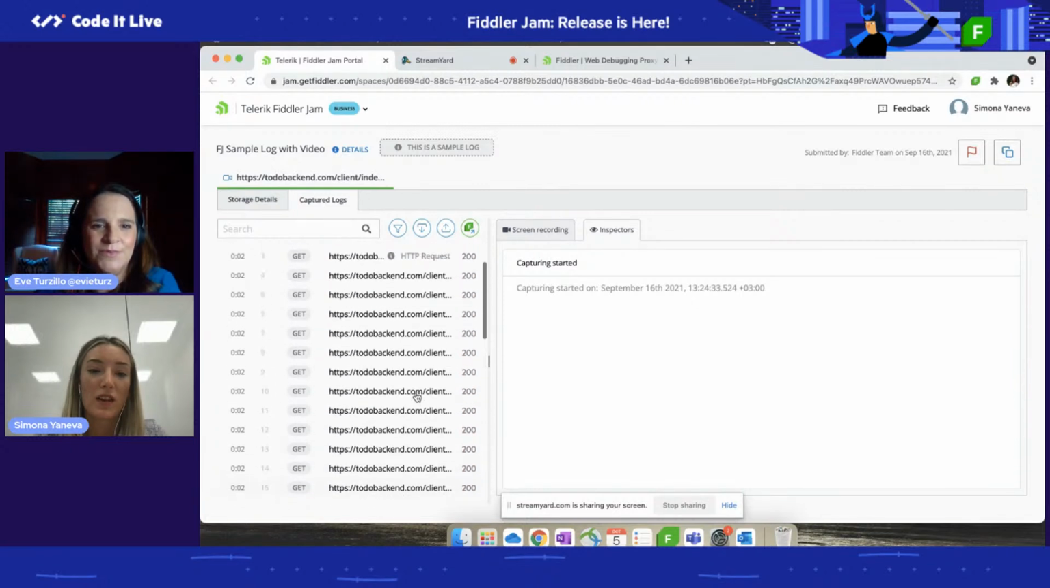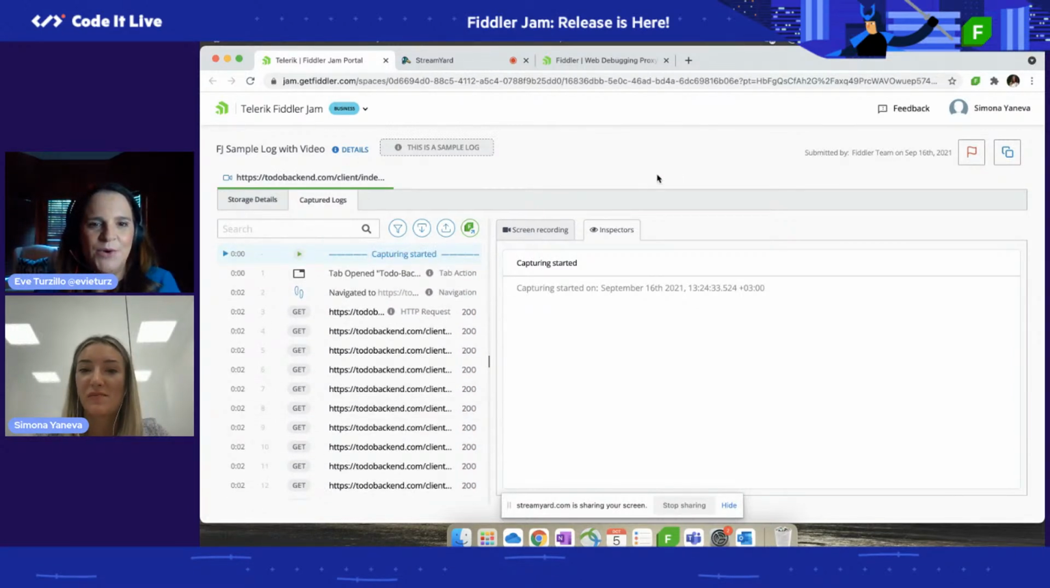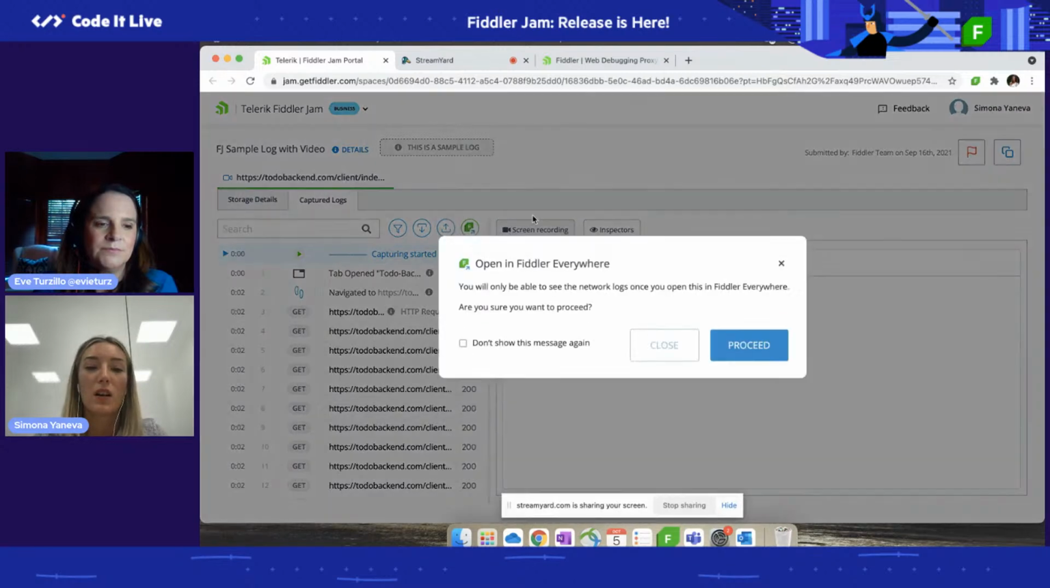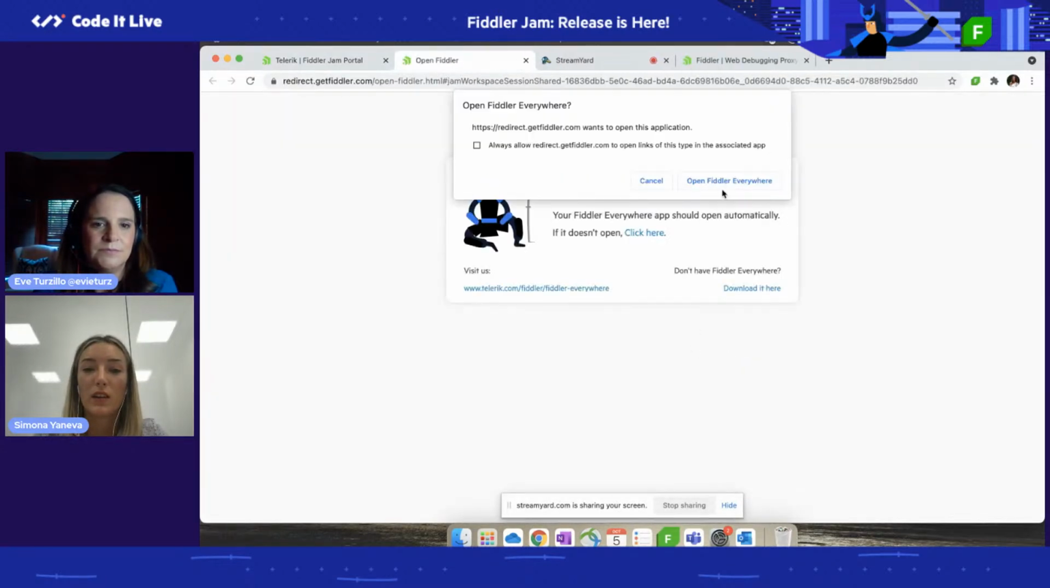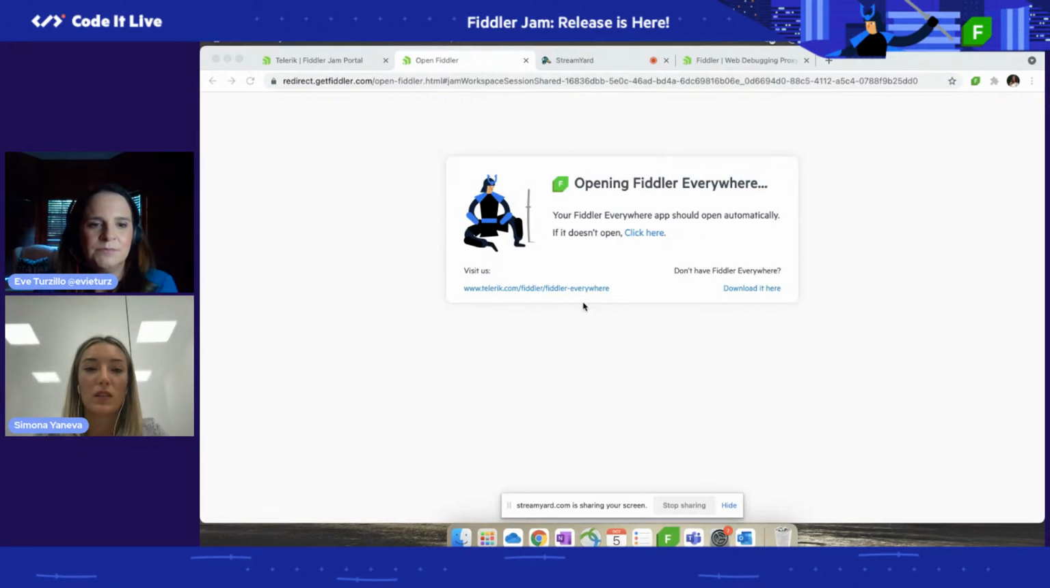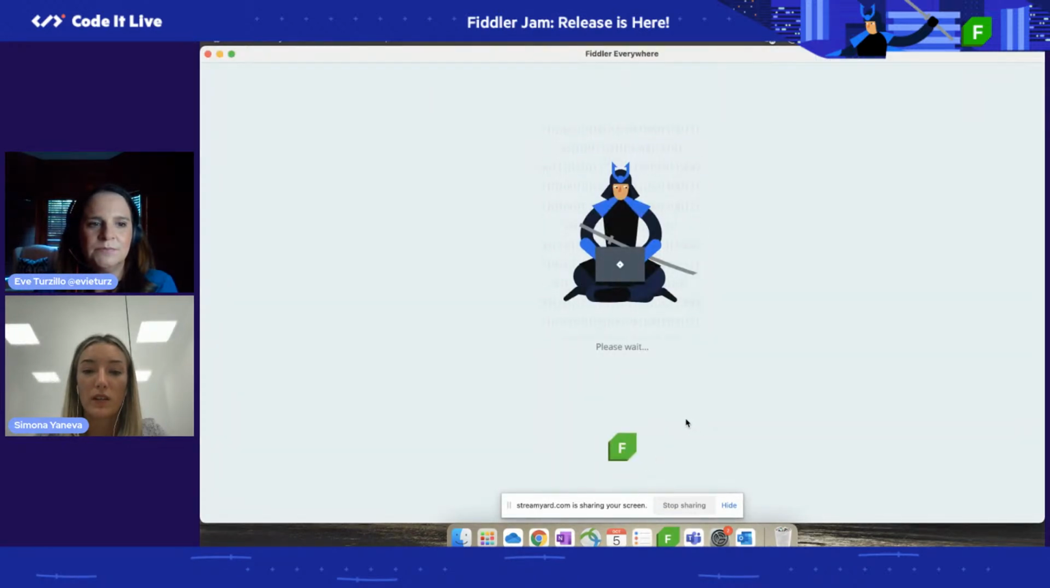All the information. Now, I know one thing we talked about is there is a distinction between Fiddler Everywhere and Fiddler Jam, but they can work together. Is that right? Yep, true. And how does that work? So we have a little button here that says open in Fiddler Everywhere. When you want to debug that, or you want to give it to developers or share it with someone, you can easily click here and open the recorded log in Fiddler Everywhere,